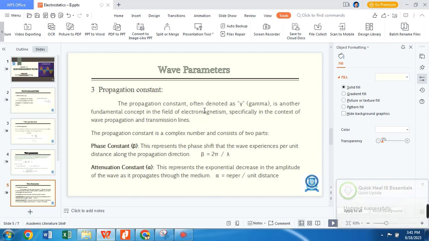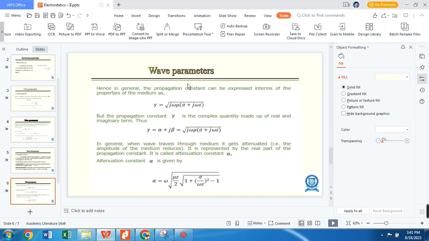Phase constant, its notation is beta. It represents the phase shift that the wave experiences per unit distance along the propagation direction. Beta is equal to 2 pi divided by lambda. Attenuation constant, that is alpha, represents the exponential decrease in the amplitude of the wave as it propagates through the medium. Its unit is nepers per unit distance. Hence, in general, the propagation constant can be expressed in